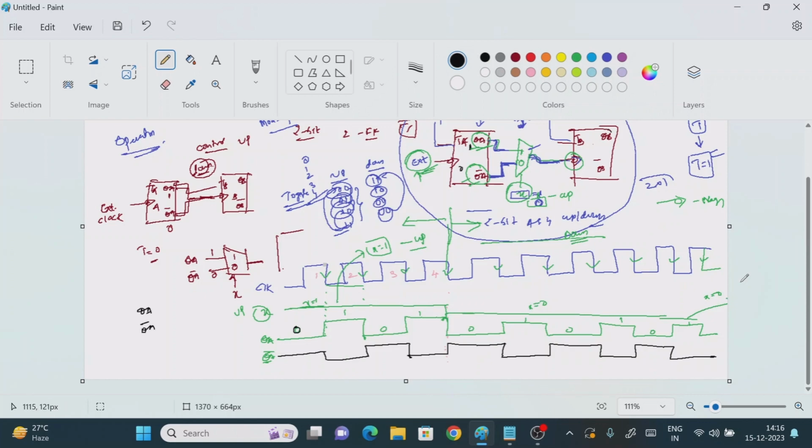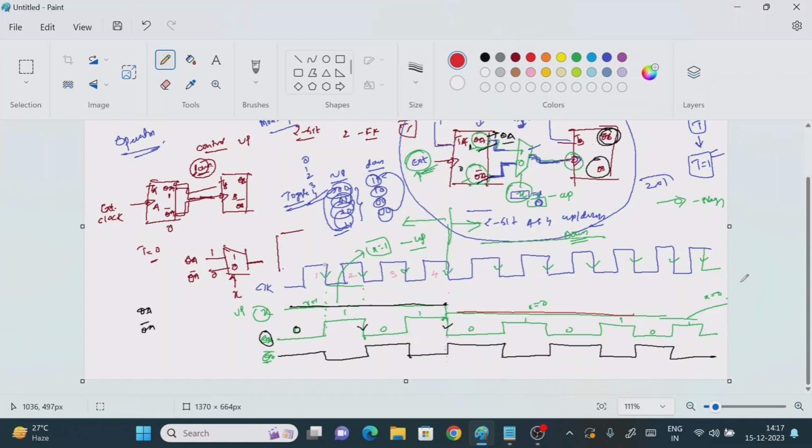Now if you want to find out QB or QB bar, what is required, guys? The output of QA bar is required to find out QB, right? For up counting we need to consider QA, right? What is the location of the up counting? From here to here, it is the up count value, right? For up count, which one do we have to select? QA. It means that for QA we need to find out the negative edges, right? Once that is completed, what is the next value? This one, right?